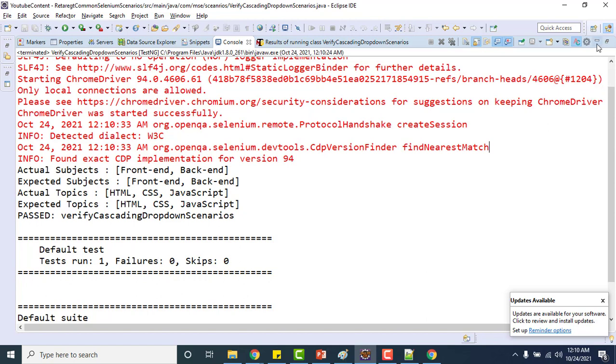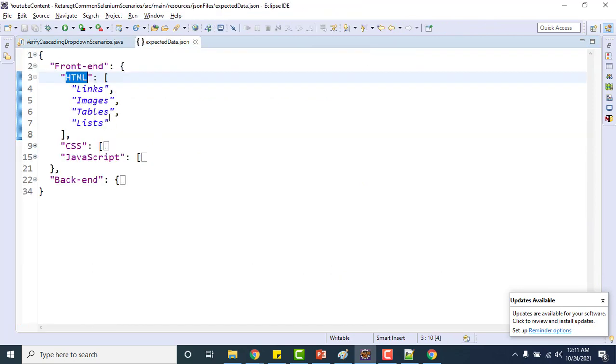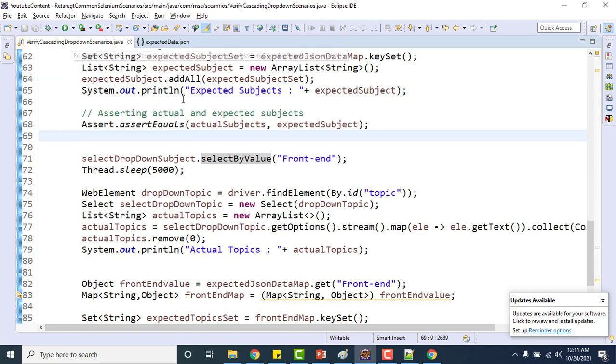Tomorrow, suppose in the subject dropdown we have extra values, or in the topics we have extra values, so simply we need to come here and change or update the values here. There's no need to go and change anything in your code, because we should always keep our expected data in such places so that you can easily change it. Because data is the important part. We should not hardcode data in my script itself.